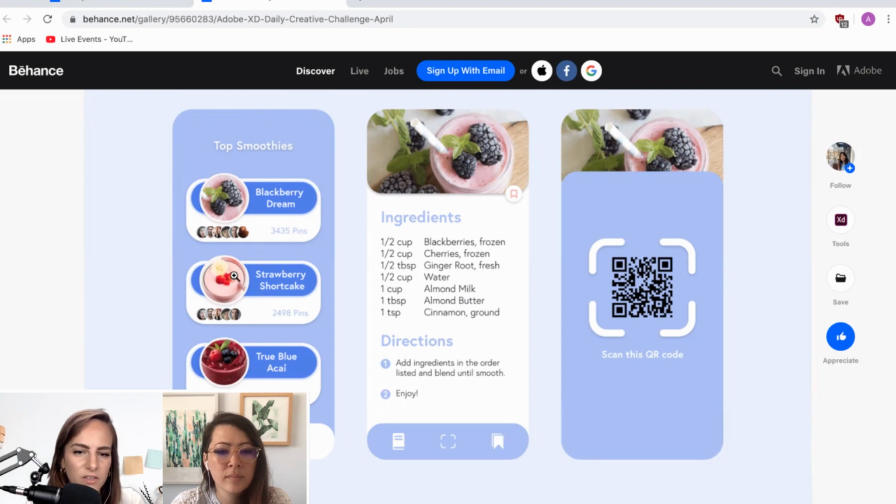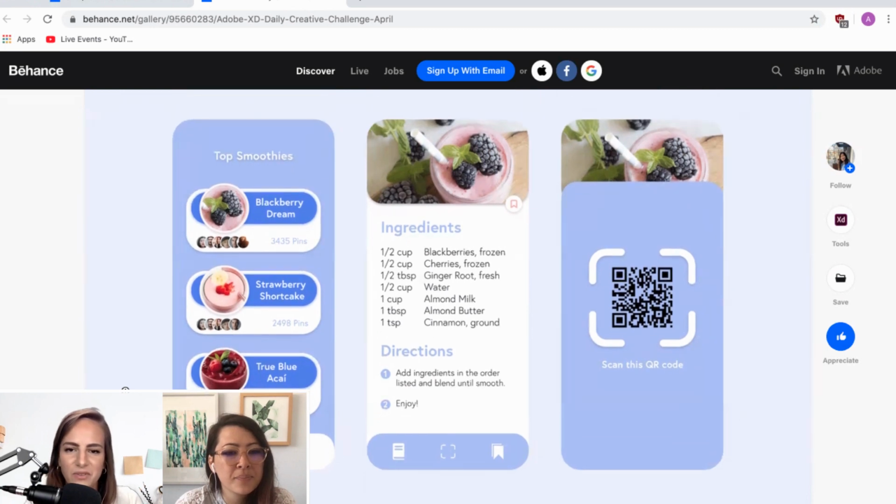But I do like these little circles, seeing the top down view of a smoothie. That's kind of cute. You normally just see it straight on, but that's a neat idea. Any thoughts on this one? Yeah, I really like the images you've used, and the one on the left, that screen is very visually enticing, like makes me want to select them and learn more about them. So that's really awesome.